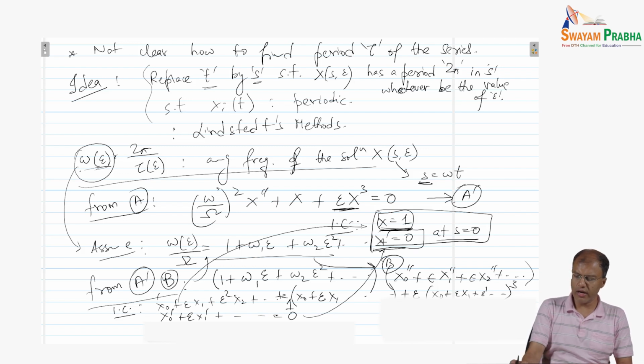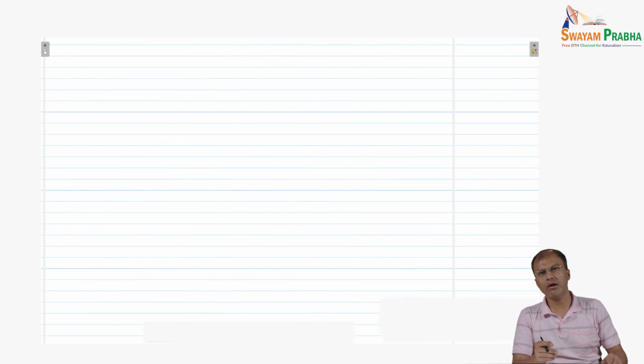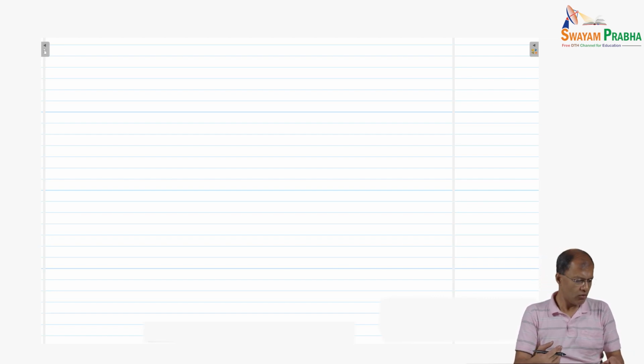So these are the two initial conditions which are expanded in the power series. And from here, I can start to equate the order epsilon terms, the order epsilon to the power 0, epsilon to the power 1, epsilon to the power 2, and so on. So when we do that,